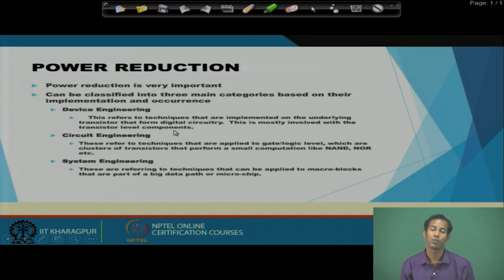Then, once we have the information about the power consumption, we also have to think about power reduction techniques. As I have already discussed, I need to design the circuit in such a way that the power consumption is lower and the device can run for a much longer time, or the system we have designed is much more beneficial to the